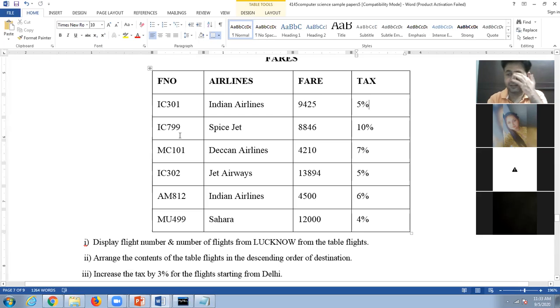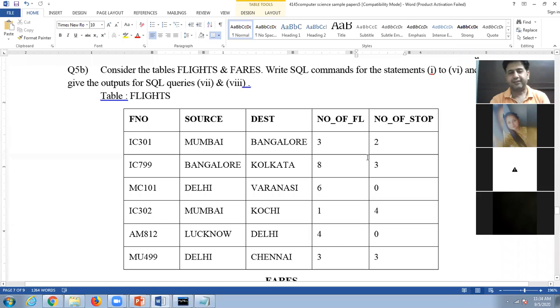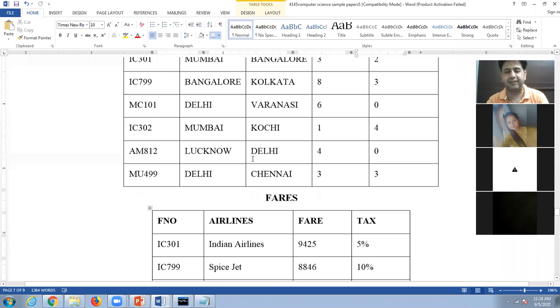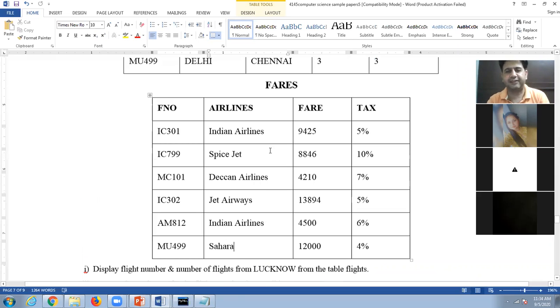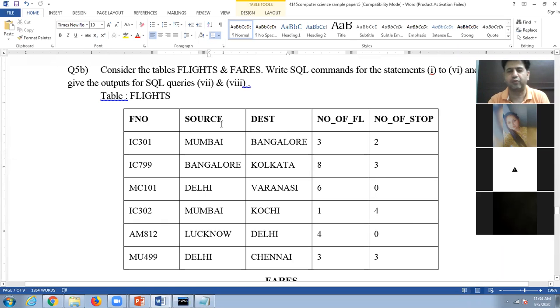So this is a little bit complex statement. Reason is, flight number is given here. In the fare table, only tax is there. But in the case of flights, the question is flights starting, and starting is source and destination. Source is given in another table. So we are getting the data from two tables.